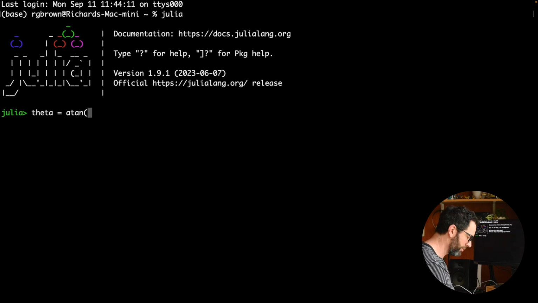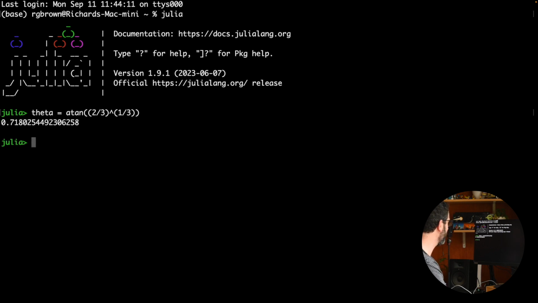Remember, cube root is the power of a third, so it's going to be 2/3 all to the power of 1/3. That's my angle theta, and that of course will be in radians. And then our expression for the length was just equal to